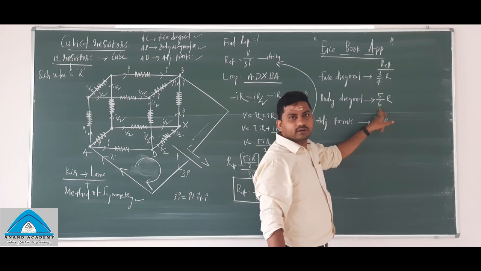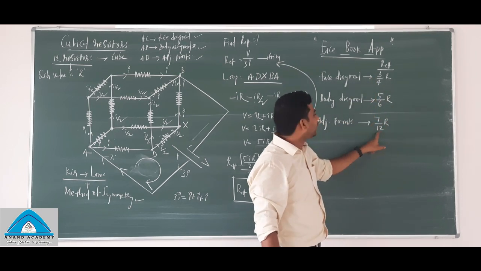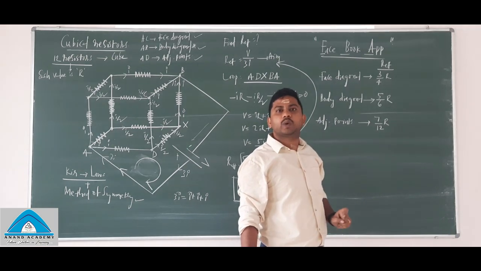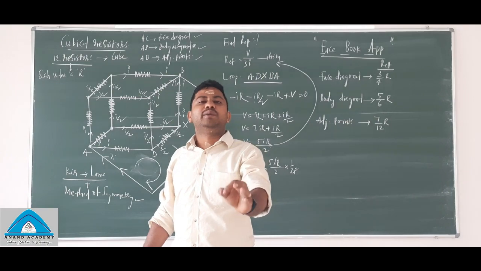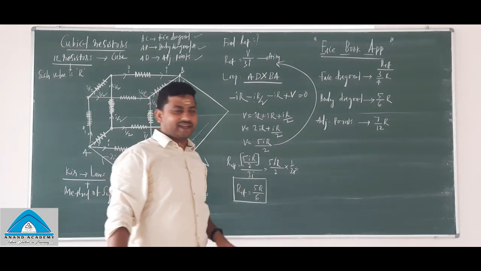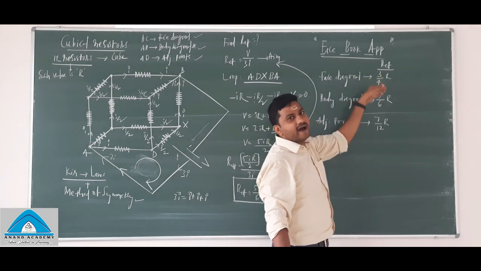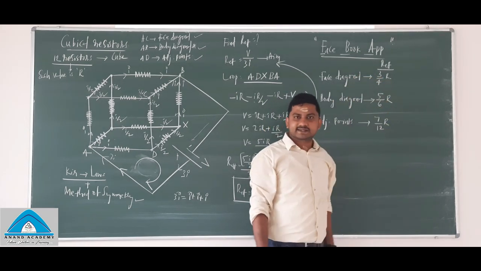Okay. So come back. 3 by 4, 5 by 6, 7 by 12. 3, 4, 5, 6, 7. It's not 8 here. Remember 12. How to remember 12? The total number of resistors we have used is 12. Remember it this way. So 3 by 4, 5 by 6, 7 by 12 for resistors.